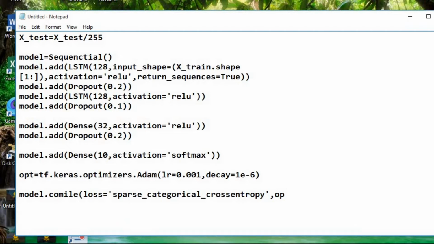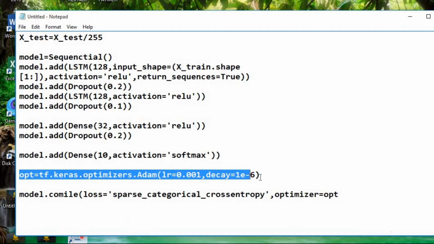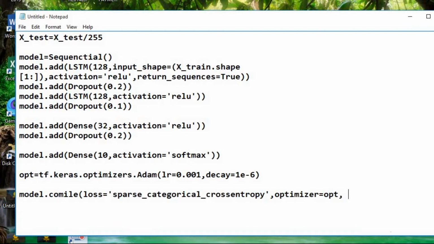We are going to use sparse categorical cross entropy, then the optimizer opt that we defined in the previous statement. One more thing, 0.001 is the learning rate considered by most researchers.